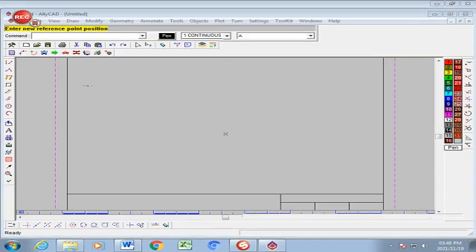So you're going to find on your screen that you have a border, and that is basically a representation of an A4 page with the border and the title bar at the bottom. So we are going to write some information in here once we have completed the drawings, and the drawing will be in the center of the page, and once you print it, this border is going to print with the drawing as well. So in this top space you will see a yellow section here, and that's where the prompts are, and you have to read the prompts and you will have to execute using the various icons, which I will show you very quickly how to operate the CAD